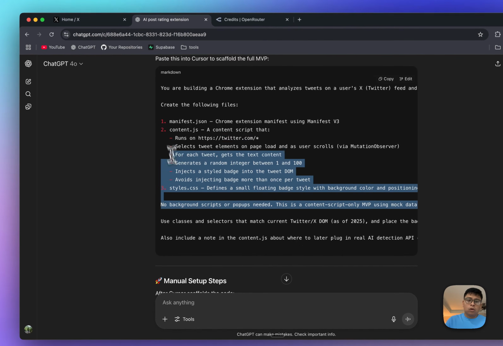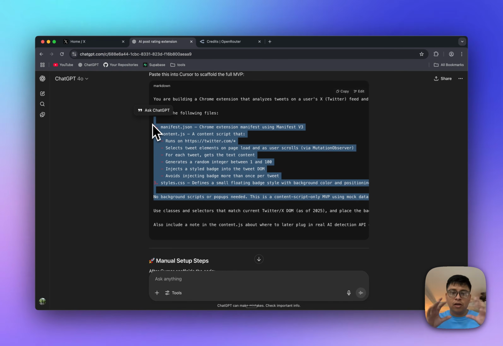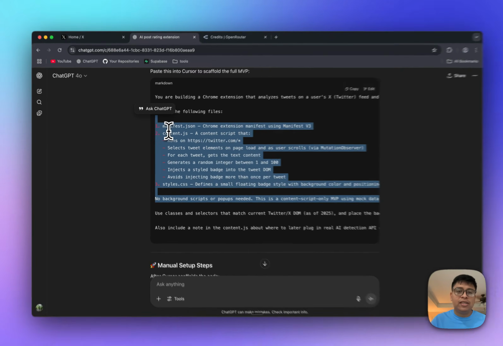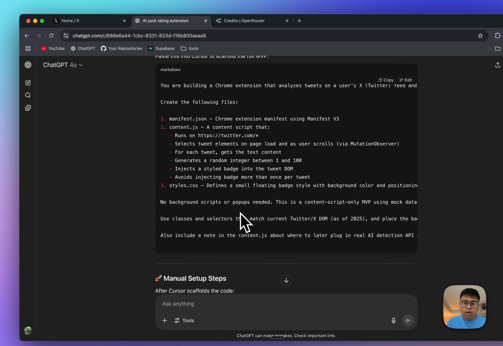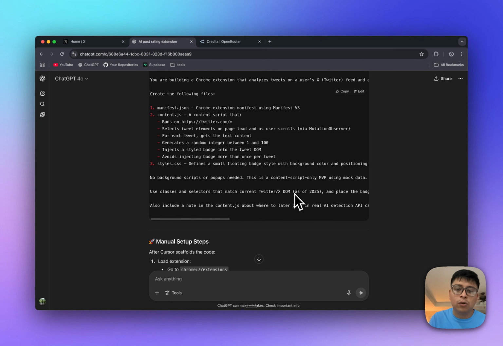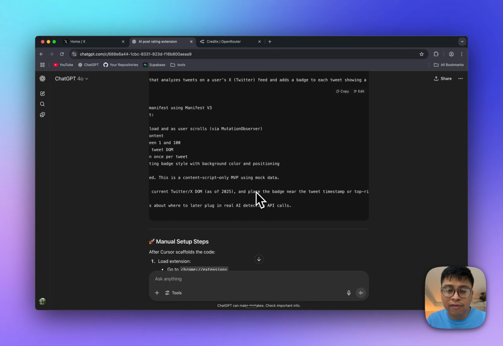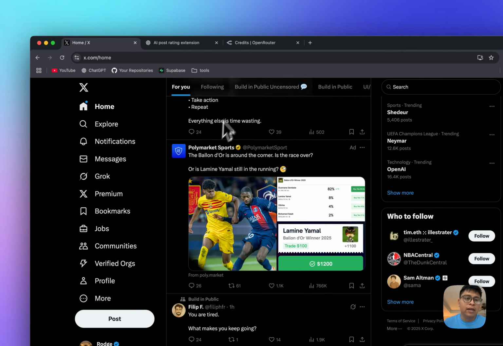And so when it comes to creating a Chrome extension, there's a recommended way of doing it, and you can see that ChatGPT is recommending that here. And then use classes and selectors that match the current Twitter X DOM as of 2025. So I'm hoping it has this up-to-date information about the right DOM selector to use. So if you don't know what that means, if we go to X or Twitter,